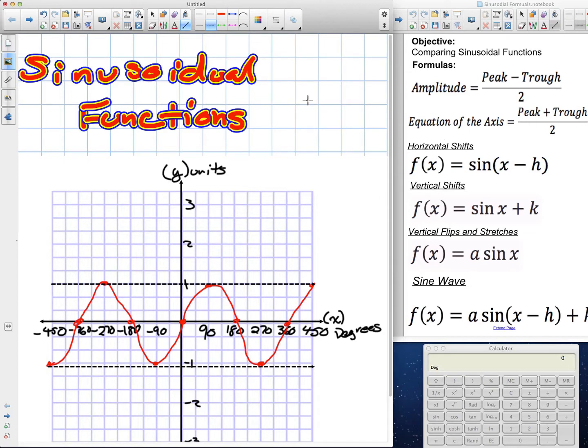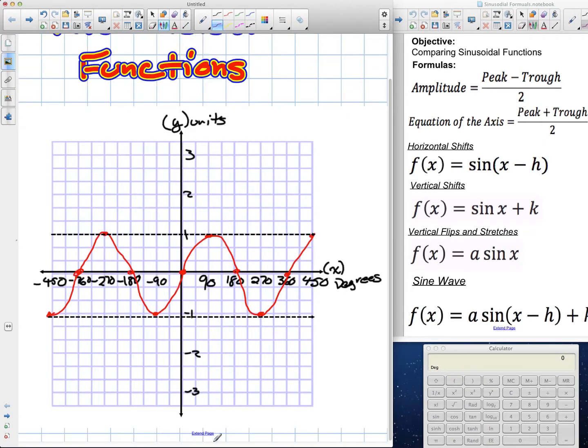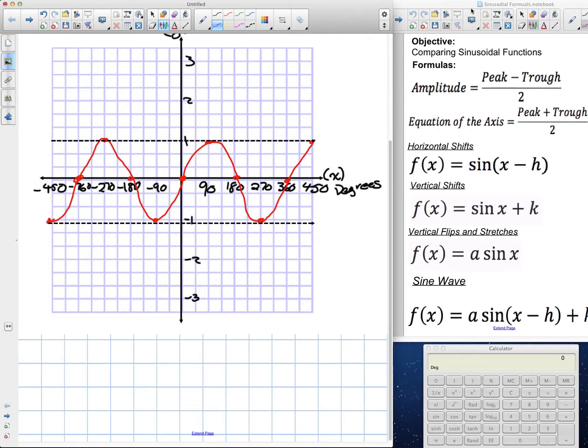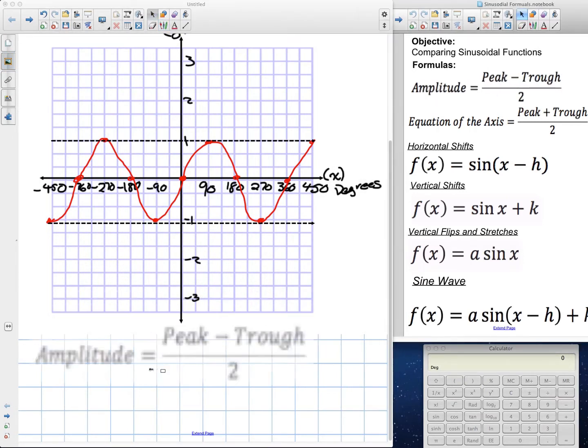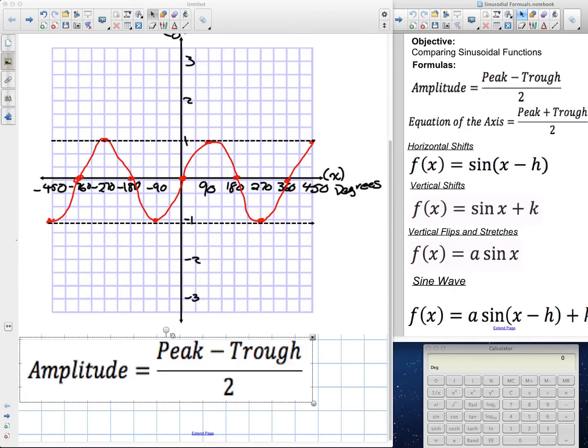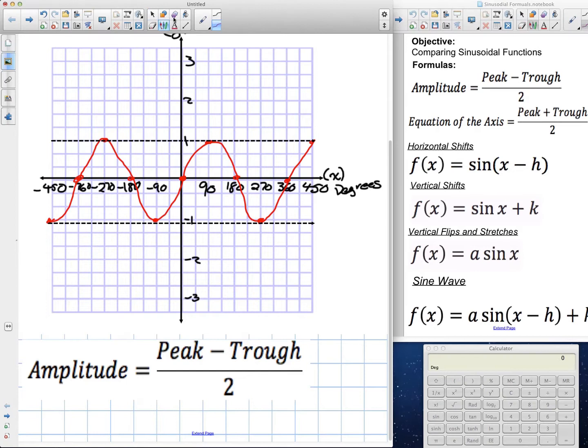Let's focus on amplitude to start. So our amplitude of this function here, we're going to write into an equation. We have amplitude over here, so we'll bring the equation over. Amplitude is peak minus trough. The peak is the number 1. So our amplitude, peak is number 1, subtract, the trough is -1,